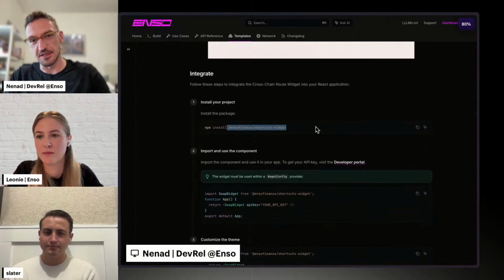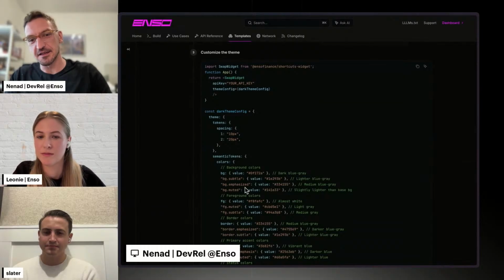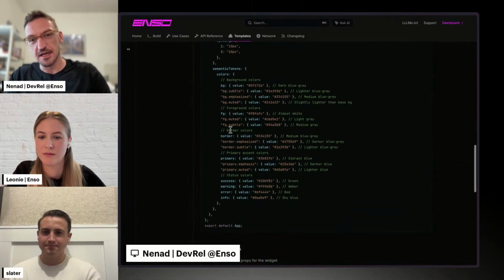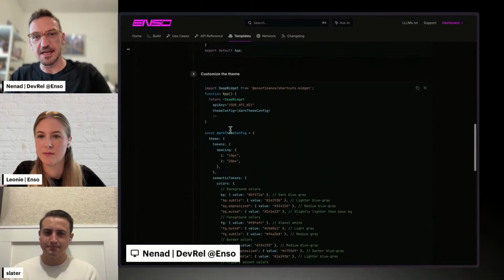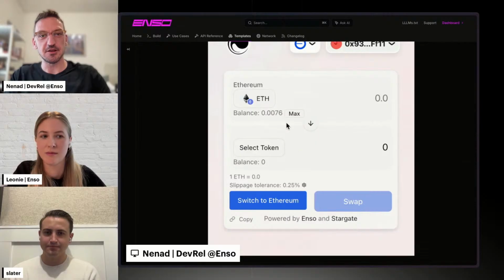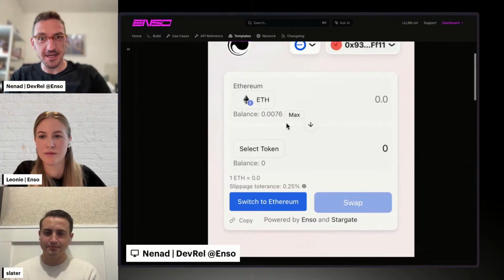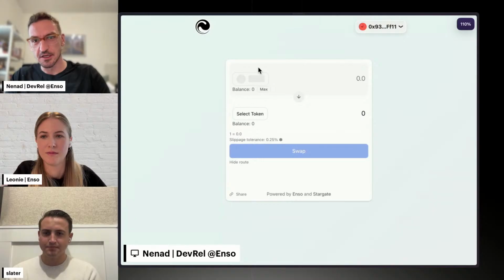It's as simple as installing the widget and then theming a little bit, adding a different theme configuration, filling out some parameters, and this is pretty much the coding that you would need to do in order to get a widget like this. So that's one direct way to integrate Enso, and if you want to, you can also just try it out.